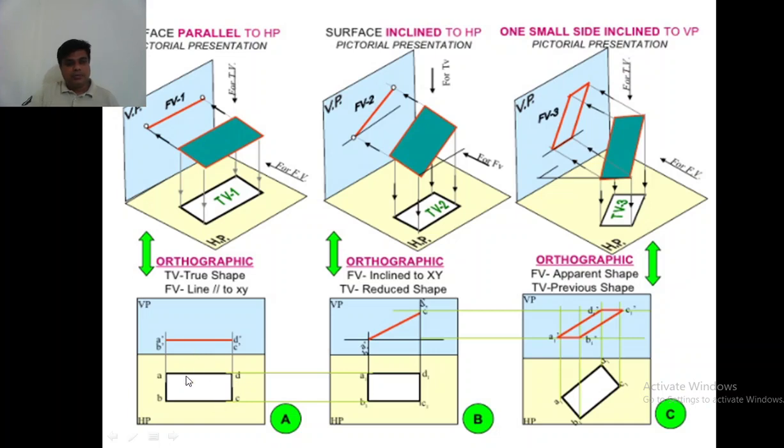The front view and top view we should draw with 2B pencils, thick and dark, whereas the remaining lines you should draw with thin lines, micro tip pencils. Anyway, just remember this, and in the next session we'll try to draw the front view and top views of the object when the plane is located or oriented with respect to HP and VP.